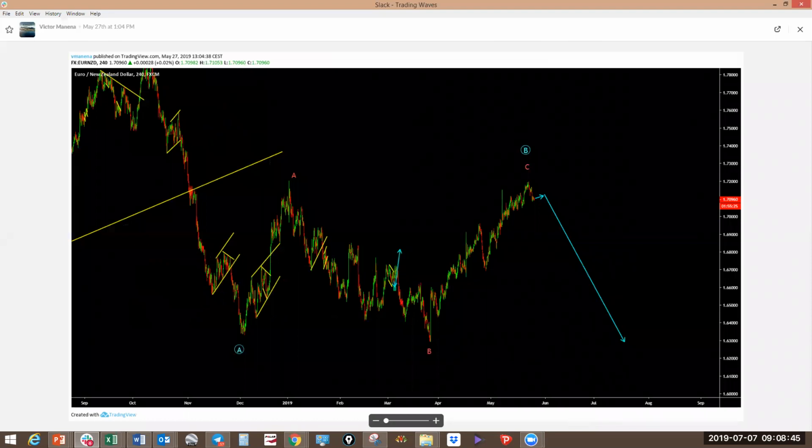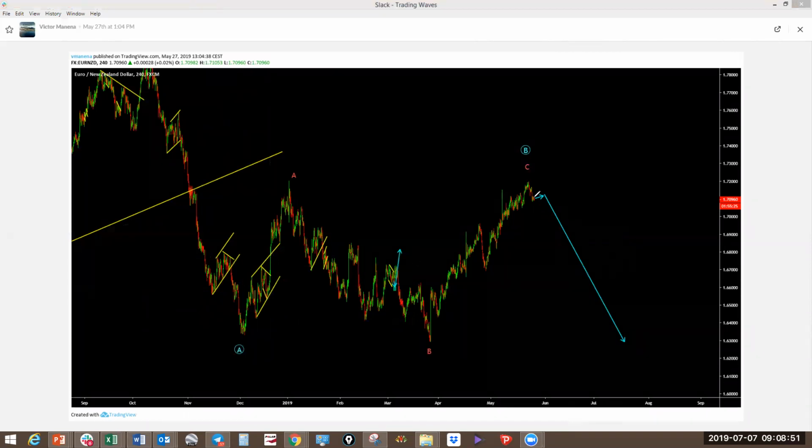I'll spend about 15 minutes looking at these setups that we looked at. So Euro New Zealand, for the last couple of weeks we've been looking at it to drop. If you remember here, we had this one. I said here, expect, because it did not quite reach the top here. It does not have to break the top here, but we knew that it did not hit the tops. There was a possibility that it does this first, goes up,